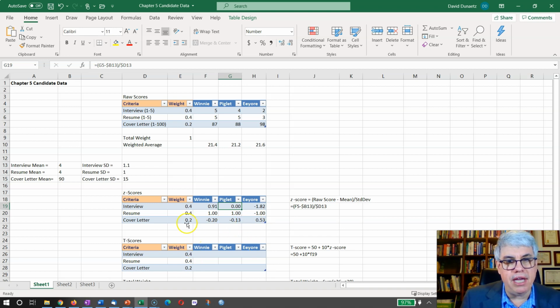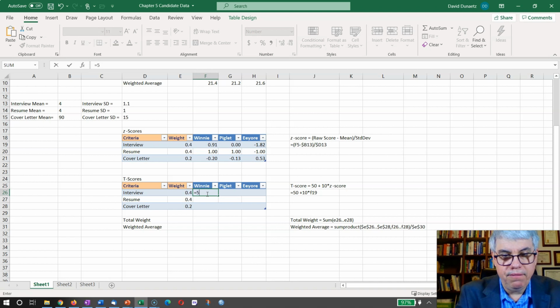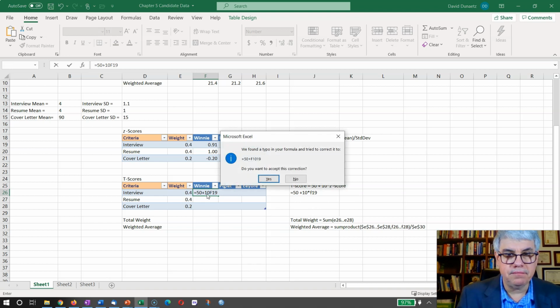Now we could calculate a weighted average with these z-scores, but then we'd be reporting them as negative and positive decimals. So let's calculate a t-score. So for Winnie, it's going to be based on cell F19. So I'm going to use this formula, equals 50 plus 10 times F19. And